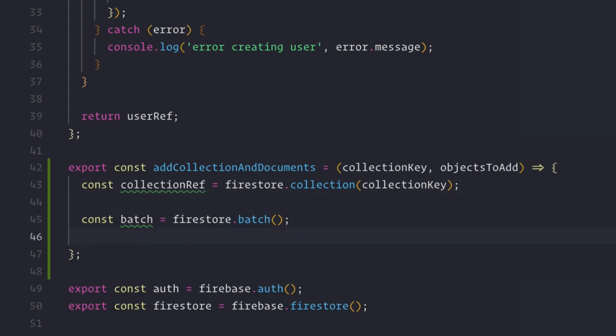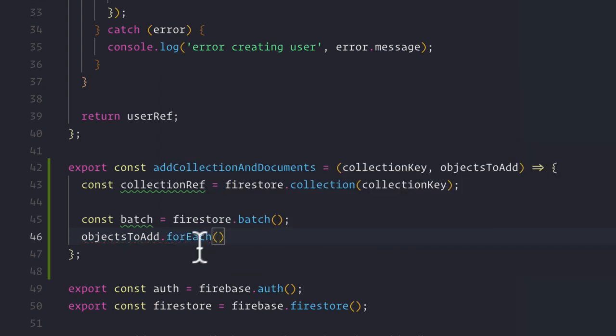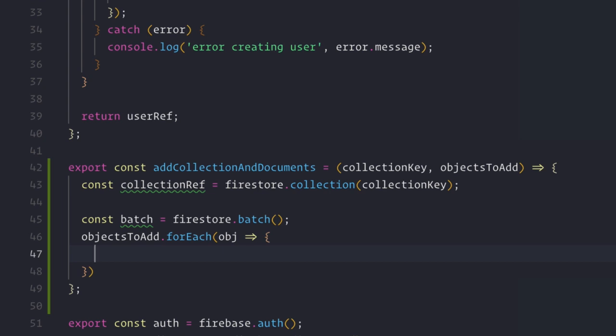And what we'll do is we will loop over this objects to add array using our forEach method. And this forEach array method is very similar to the map method. The only difference is that forEach does not return us a new array, the same way that .map does, which is great for us because we only want to call the function on each element. And we'll get the object, and what we'll do is we will create a new doc reference, which is equal to our collection ref